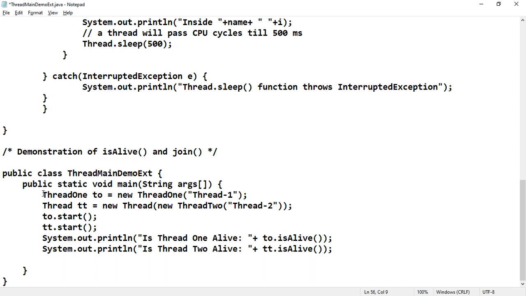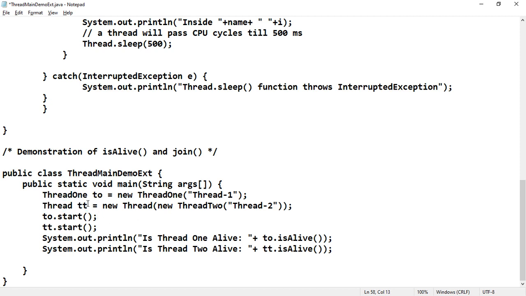Consider the previous program, ThreadMainDemo, in which you have two threads, thread 1 and thread 2. The first thread was implemented by extending the Thread class. The second thread is implemented by implementing the Runnable interface.